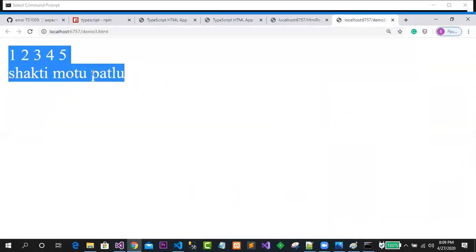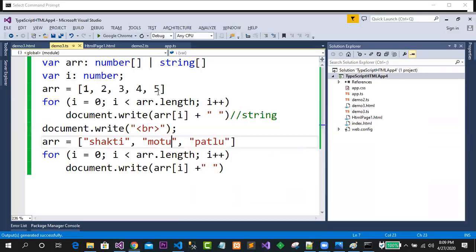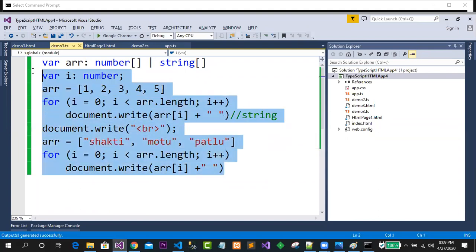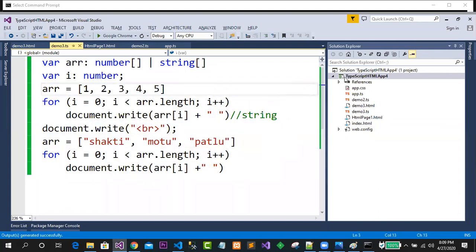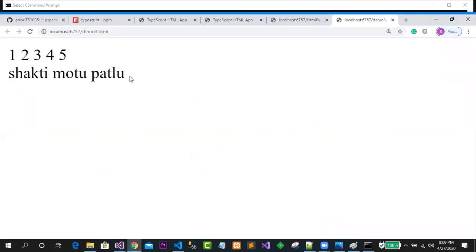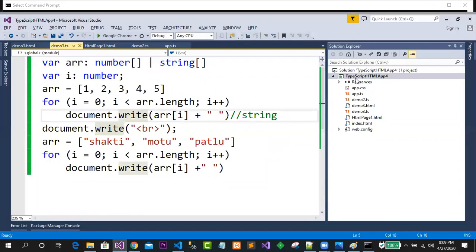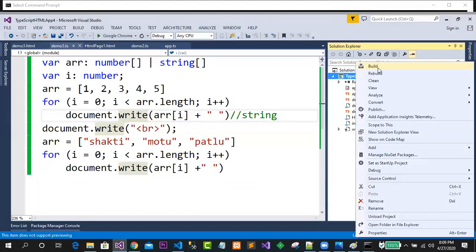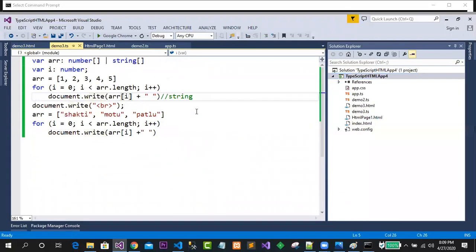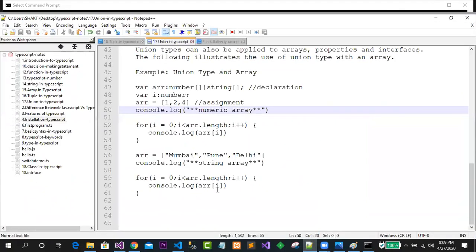Clear? So this is quite easy to understand, guys. And one other thing: whatever changes you are making, you are not always going to build the solution. Simply refresh or save the file, and it is automatically converted to a JS file, not an issue. You need not build the solution every time. If it is having some problem, you just build the solution and run the project. Okay, so now this is working fine.